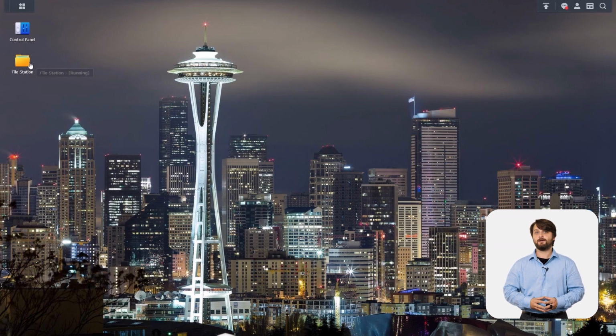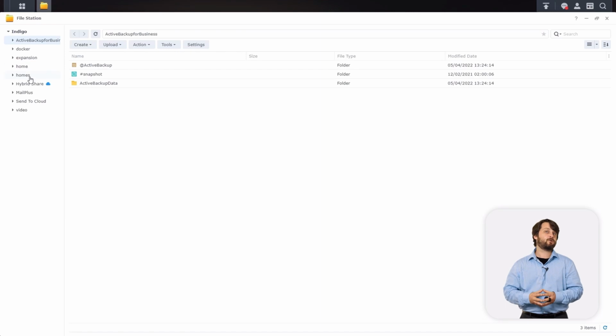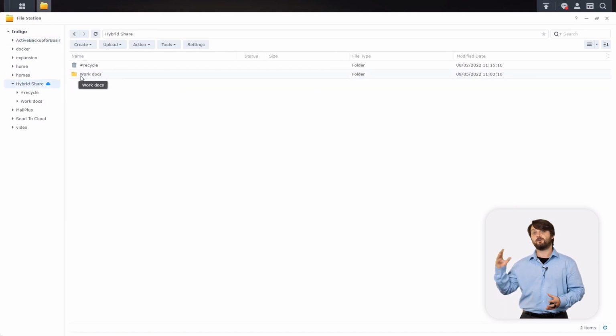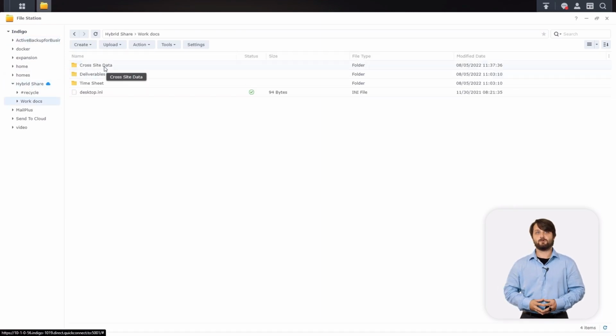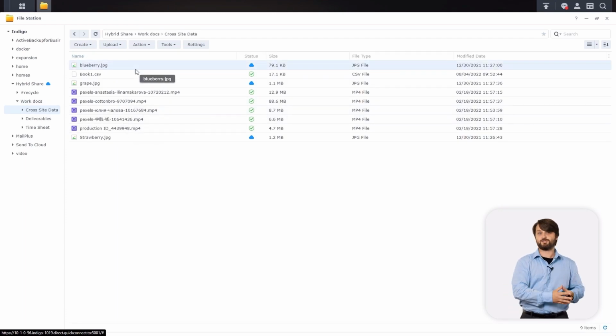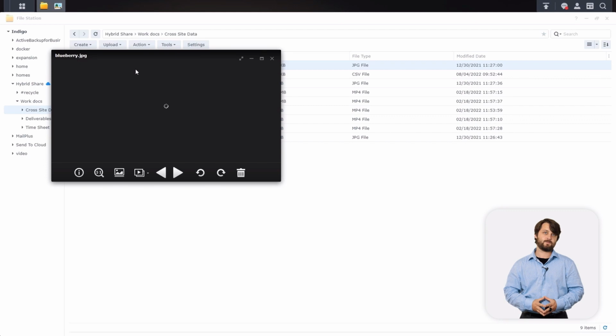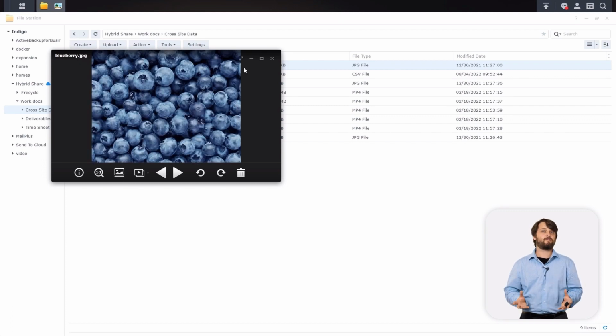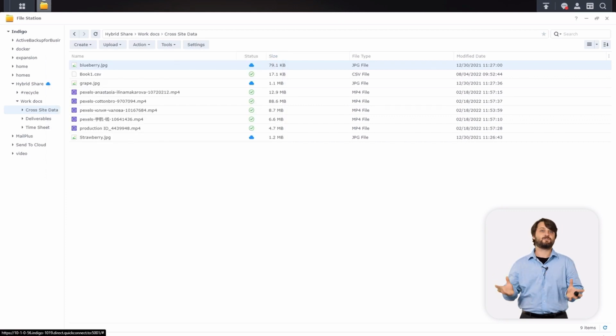And if we go to our West Coast NAS here, go into File Station and look at the HybridShare folder, you're going to see that the data that we uploaded on the Synology Drive side on the East Coast NAS is also visible and available on demand on the other side of the relationship on our West Coast NAS. That shows that you can interact with HybridShare through all kinds of different means. You can interact with it through Synology Drive, the web portal, and you can also interact with it through File Station SMB and have it reflected throughout the entire environment.